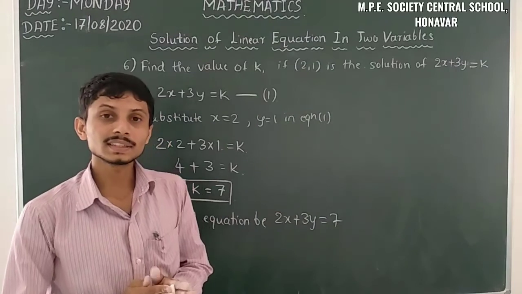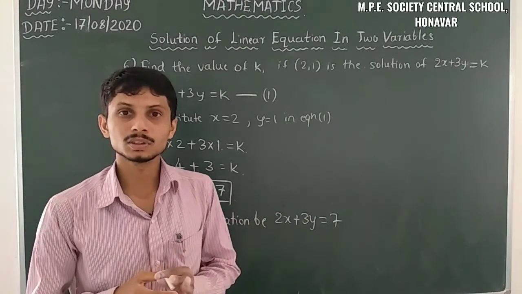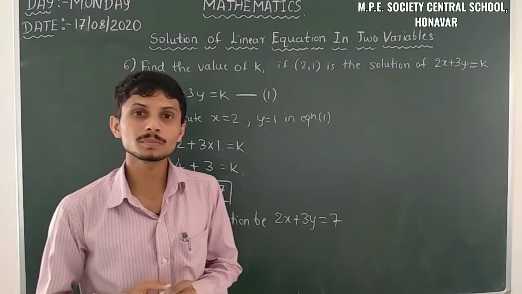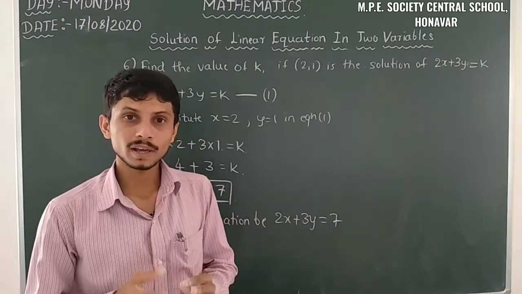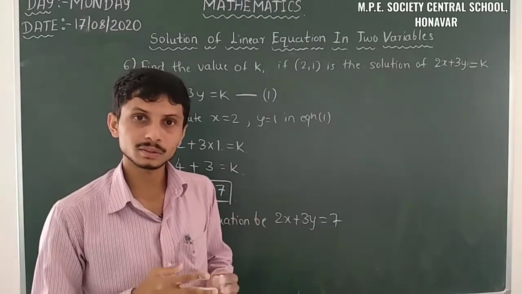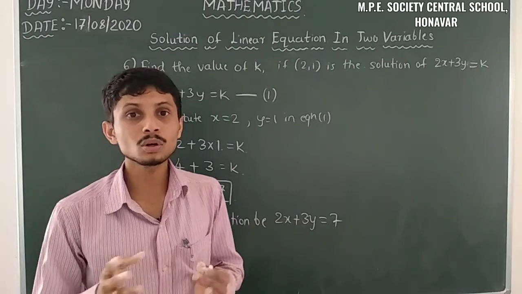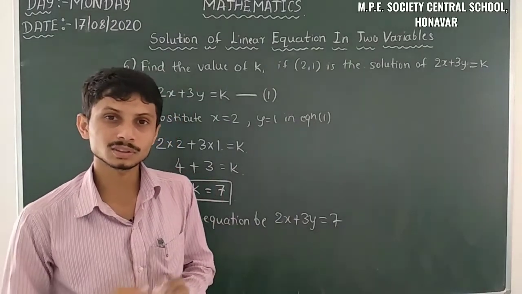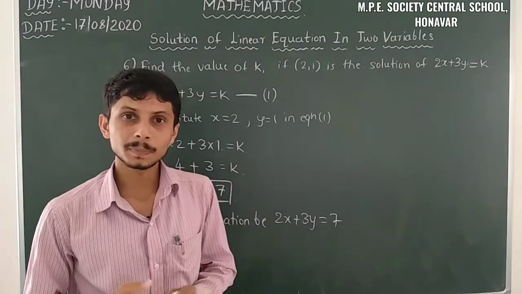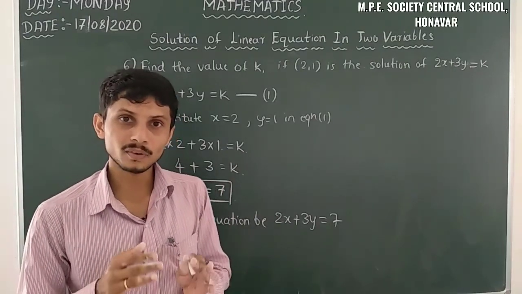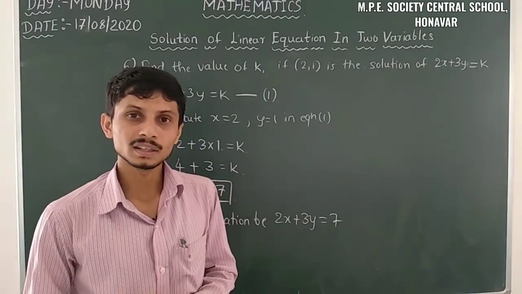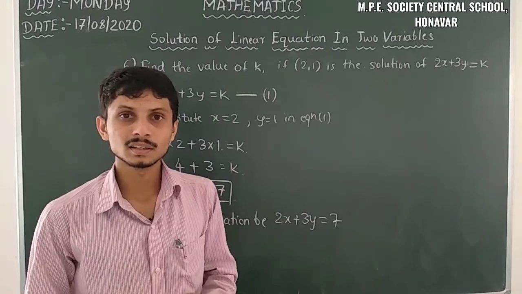So it's a form of linear equation in two variables, and we have to find the value of k. This is about the solution of the linear equation in two variables. We have the inspection method. Firstly, we have to convert that linear equation in two variables into the form x is equal to or y is equal to. After that we substitute any value for x. Remember that we take x as an integer, and we take the result as an integer.